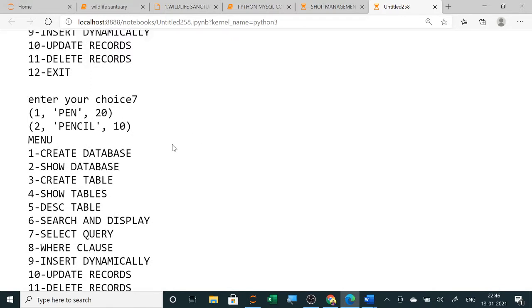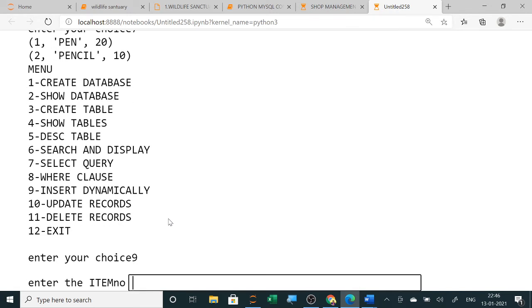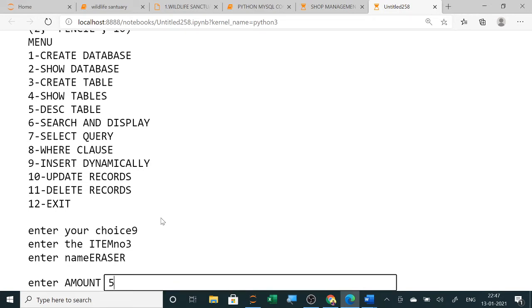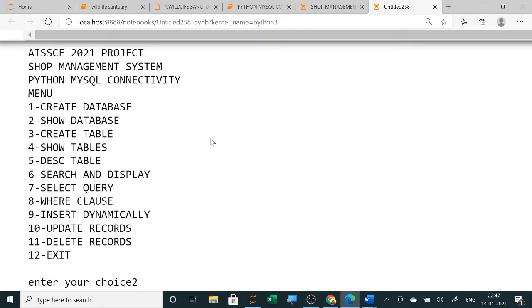You can open MySQL and see side by side. Now again I want to insert some values. Again I will enter 9 here. Then it will ask here. So the third item I am giving, item number 3, and it is an eraser and the amount is suppose 5 rupees.